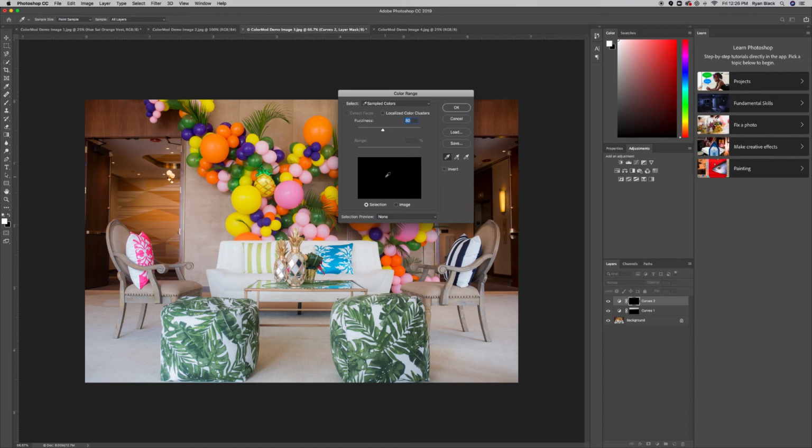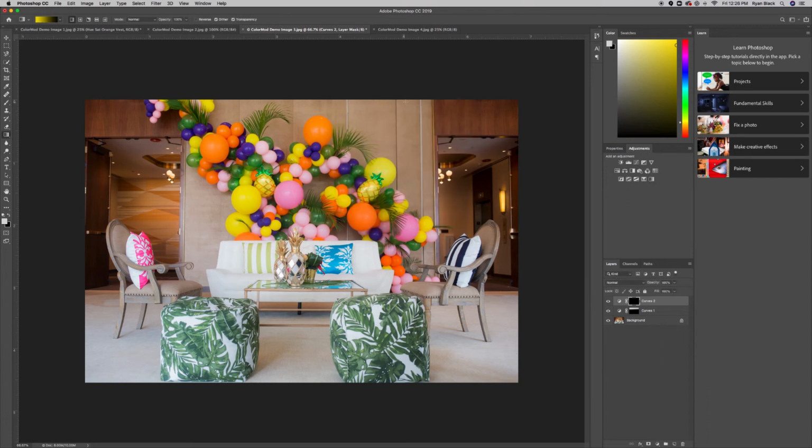and I click in this little black space given to me, and I find a certain color of balloons. I think these are the yellow ones. I can also change the fuzziness here, like how much or how little of that yellow it's affecting. I've actually selected everything that is this sort of yellow color range. Okay, so I'll show you what I mean. I can also get here in a pretty similar way by utilizing that hue saturation and then clicking on specifically the yellow instead of the master. But now that I have,